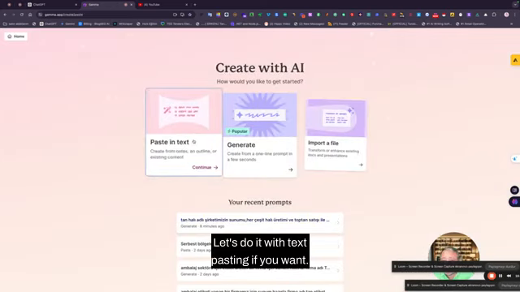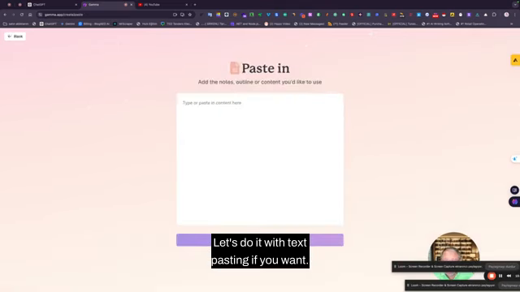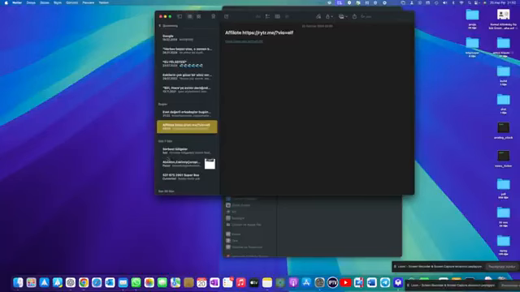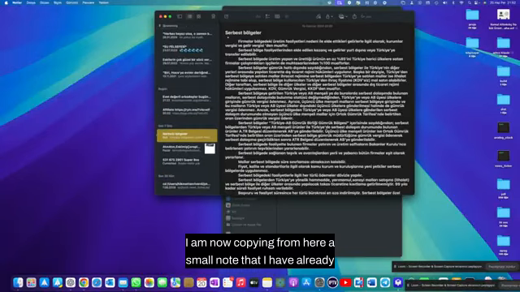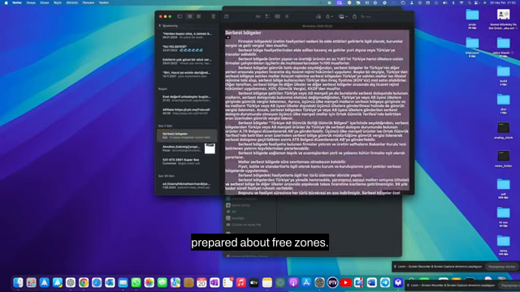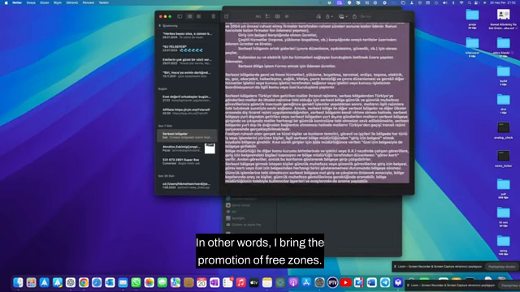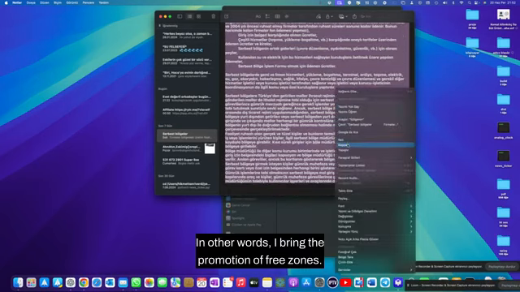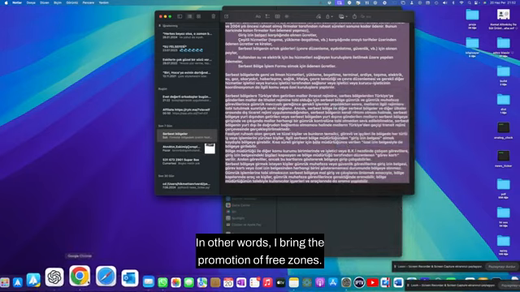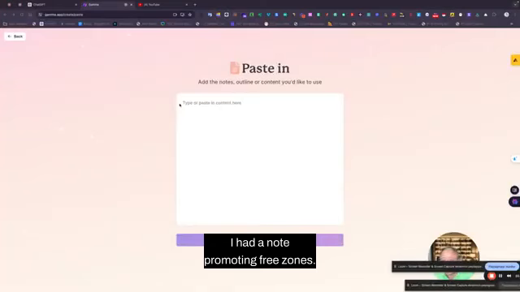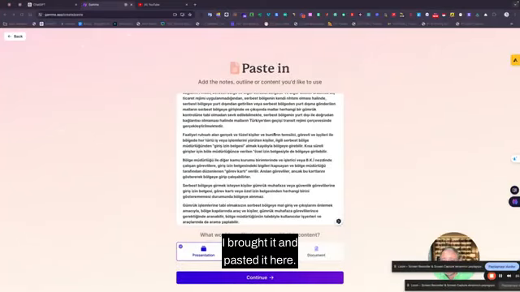Let's do it with text pasting if you want. I am now copying from here a small note that I have already prepared about free zones. In other words, I bring the promotion of free zones. I had a note promoting free zones. I brought it and pasted it here.